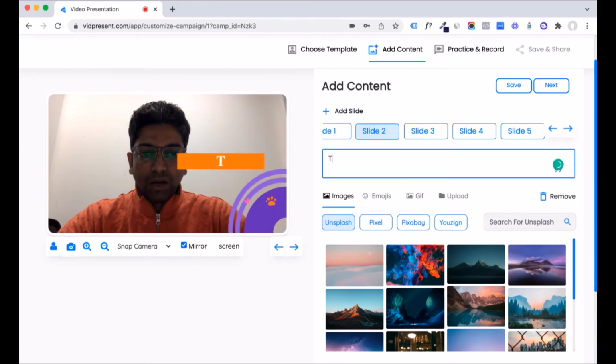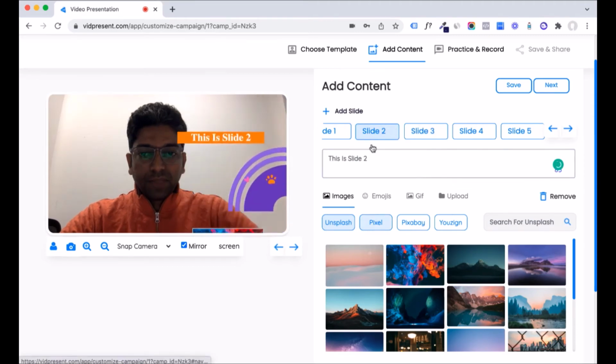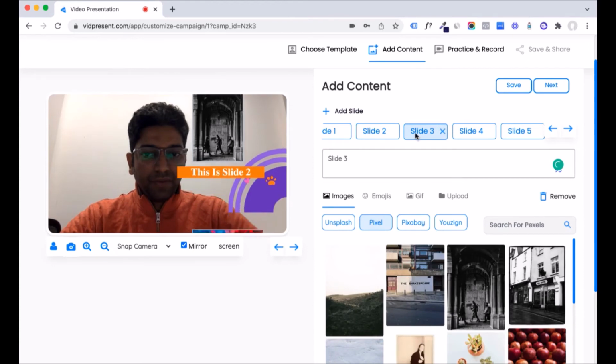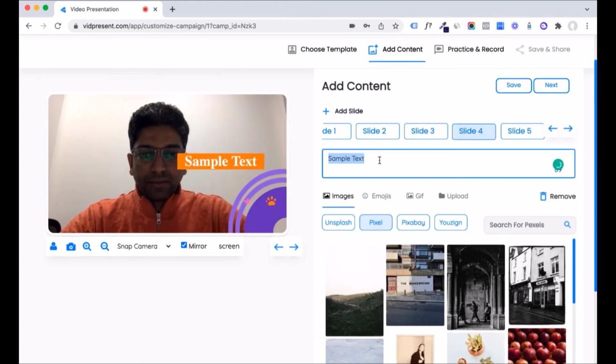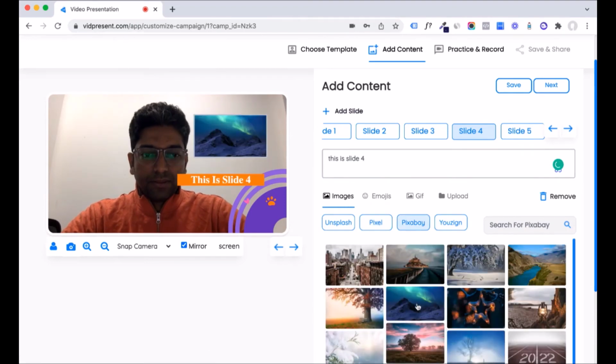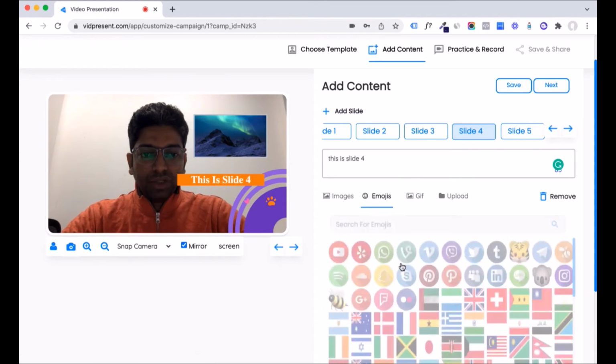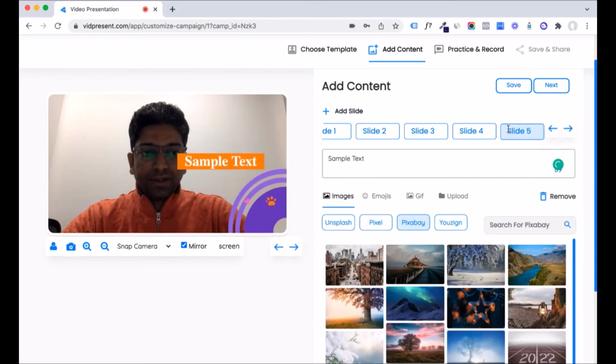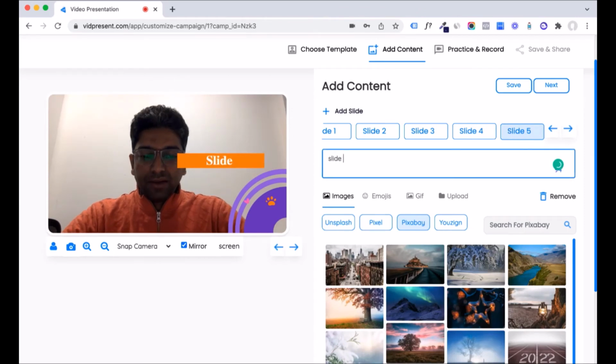Now slide number 2. We'll also select images from different sources over here. So as you can see, it's very easy to create these slides. You can add images, you can add emojis as well. Go to slide number 5 now. Slide 5, or any text you want to add,